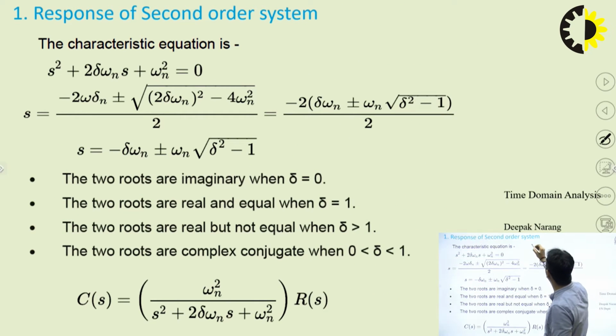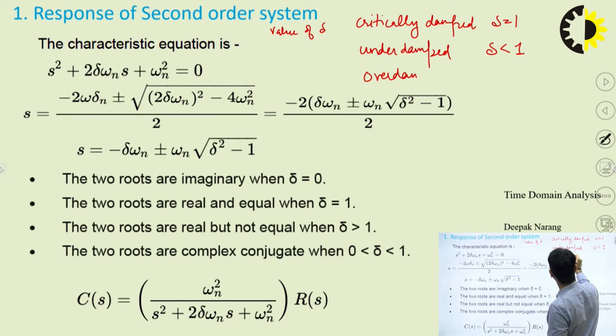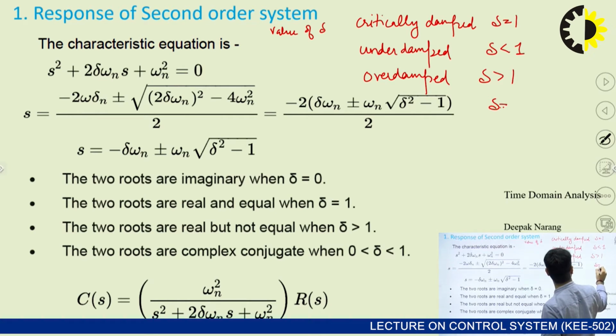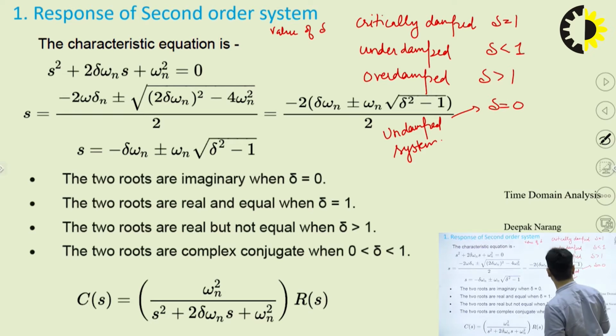So depending upon the value of damping, we can define our system as critically damped when delta is equal to 1, underdamped when delta is less than 1, overdamped when delta is greater than 1, and when delta is equal to 0, the system is said to be an undamped system. If I draw it